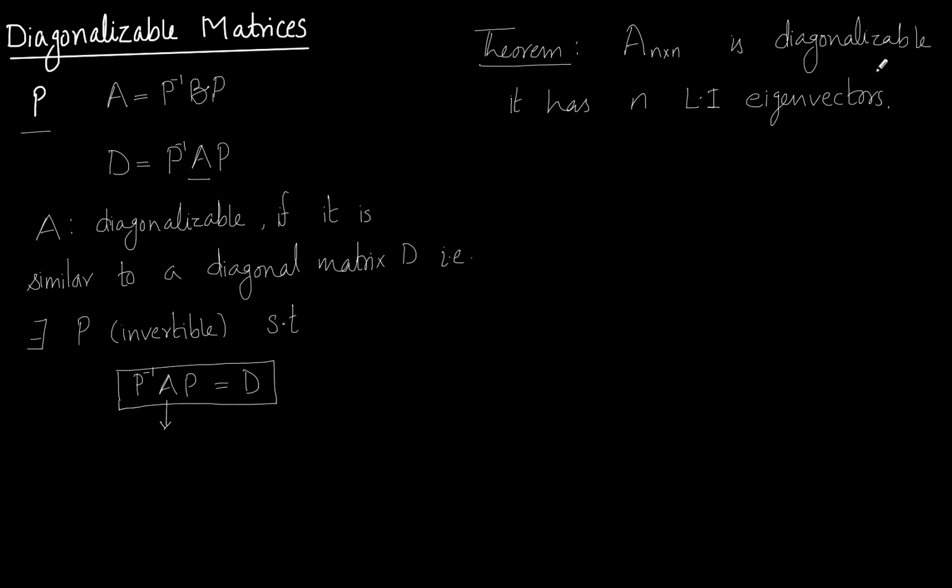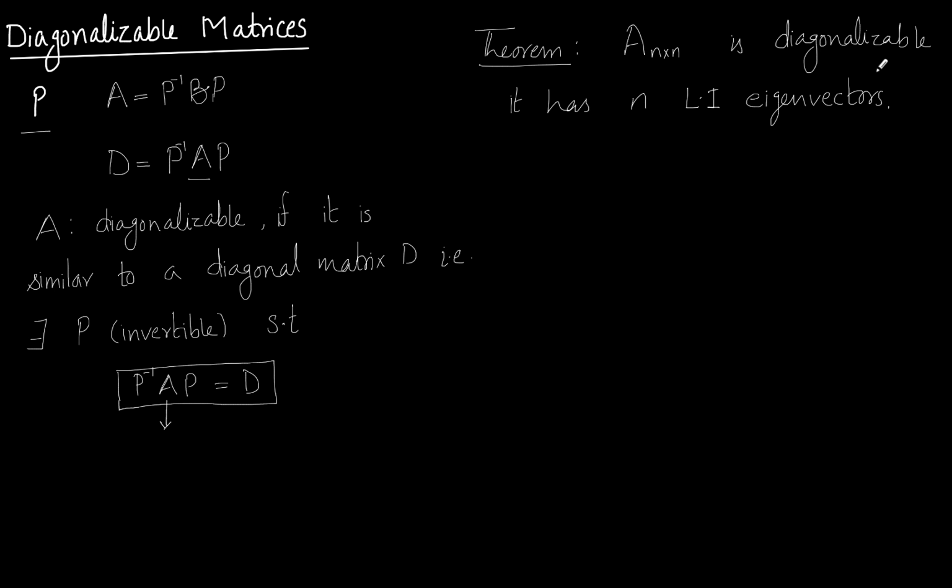So, if you have to show that a matrix is diagonalizable, what you have to do? First, you have to find the eigenvalues of matrix A. For finding eigenvalues, you have to find its characteristic equation. Then you solve it, you will find its eigenvalues, and then you will find its eigenvectors. Suppose your matrix A is of order 3, then for A to be diagonalizable, you must have three linearly independent eigenvectors.